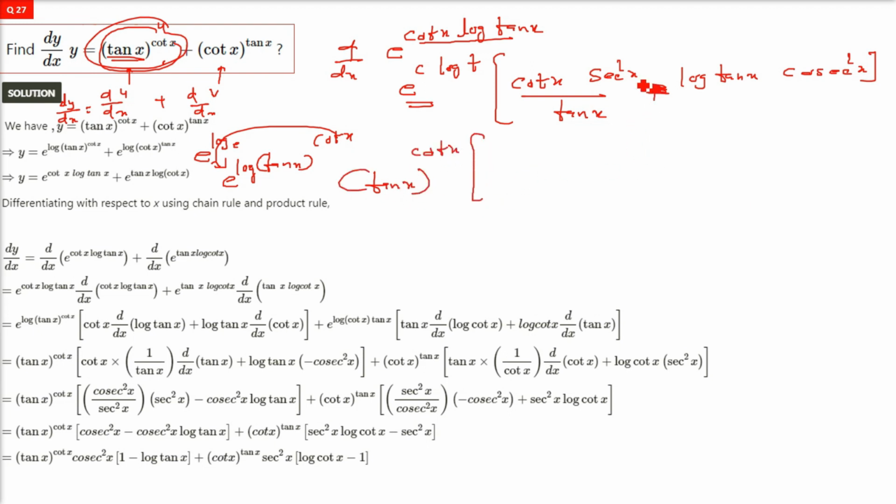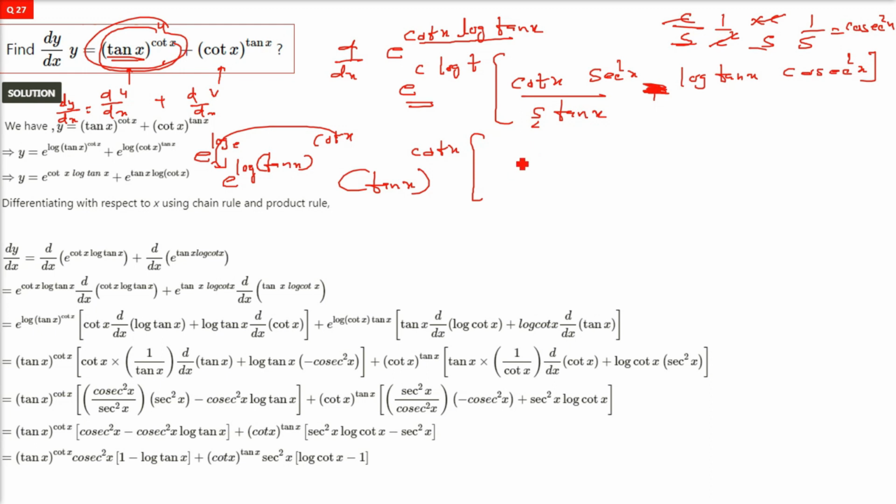Then we have cot x times sec square x, tan x. Let us see what we get from here. Cot is cos by sine, sec square is 1 by cos square, and tan is sine by cos, so it goes up, and cos by sine. So this cos square will cancel out, 1 by sine square will go up, and it will be cosec square. So here you get cosec square,